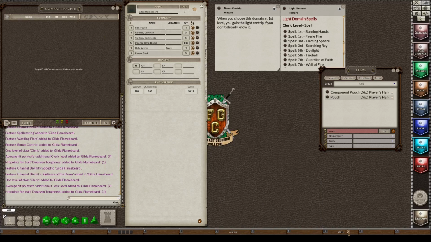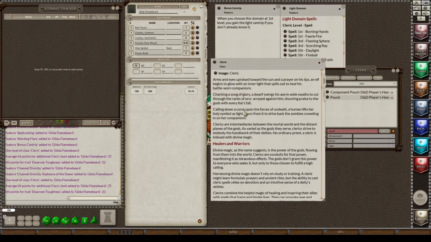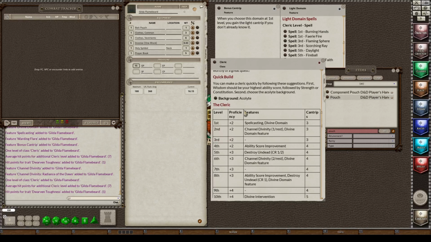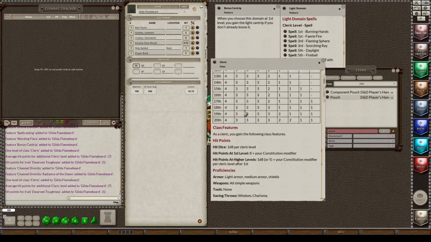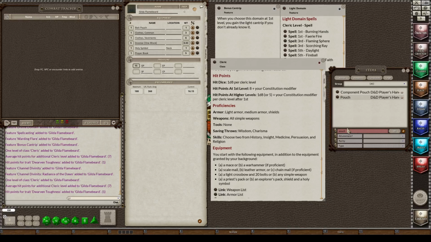We can open the cleric. And we're going to scroll down to where it tells us what we get as a cleric. It says we get either a mace or a warhammer. And if you recall, I do have proficiency in warhammer, so I am going to choose warhammer.